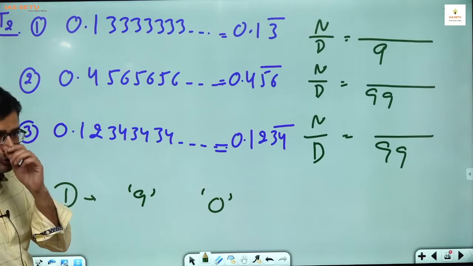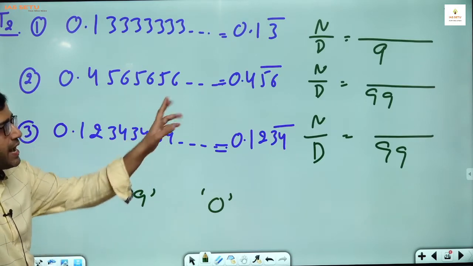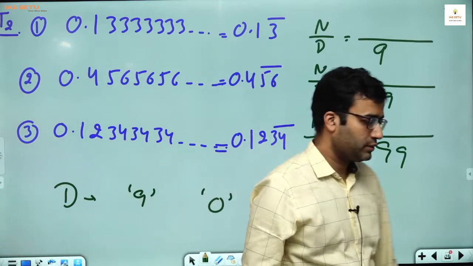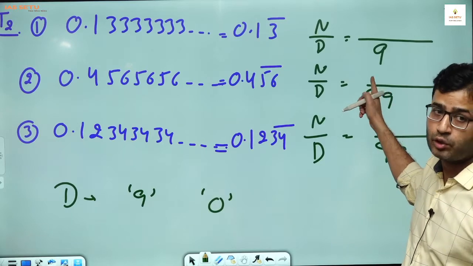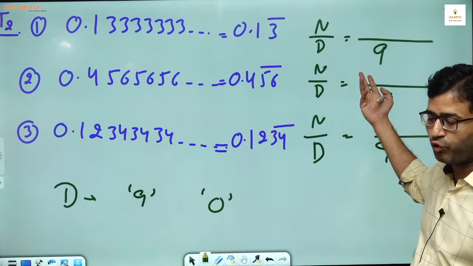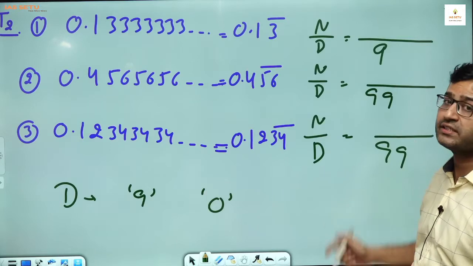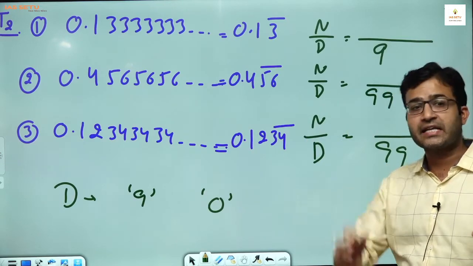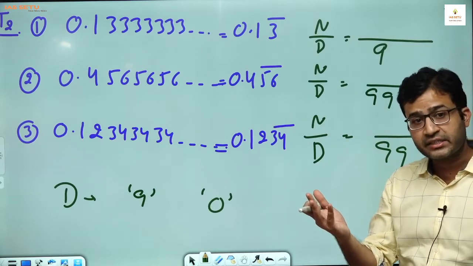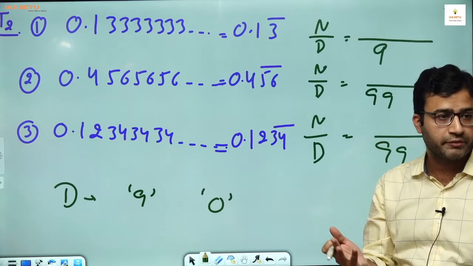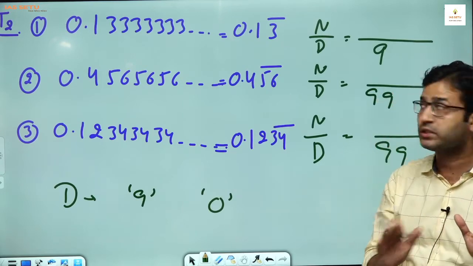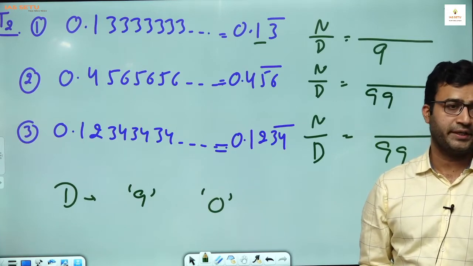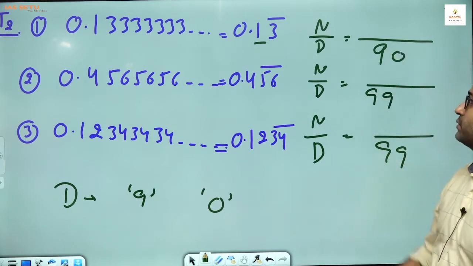But I tell you what is the rule for 0. The 9 rule is clear, I think, to all of you. As many 9, as many digits under the bar. Rule for this 0 is after this 9, not before. उसके बाद लगाओ, उससे पहले लगाओ कोई फायदा नहीं. 9 लिखो, 0 9 लिखो. After this 9, we will have as many 0, as many digits between decimal and recurring part. डेसिमल के बाद तो है बट रिपीट नहीं हो रही. बिटवीन डेसिमल एंड रिकरिंग पार्ट, उनका भी तो इंपॉर्टेंस है. This one is having importance. It is after decimal, but it is not repeating. For that, we have to put 0 here.